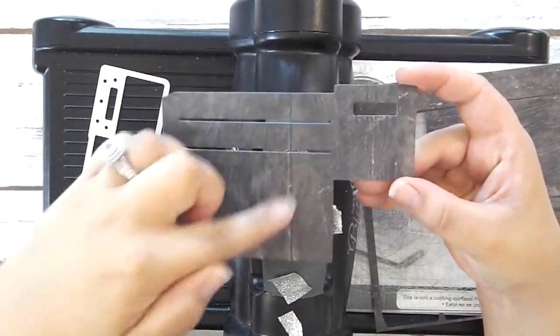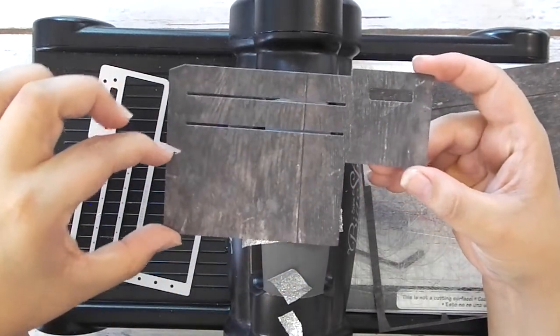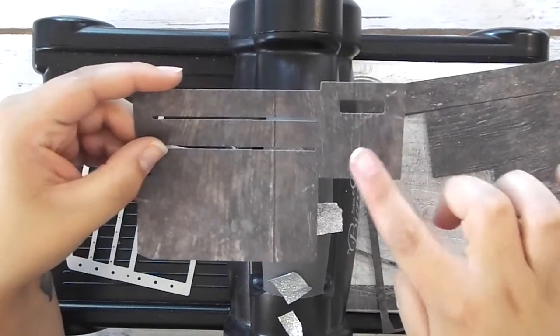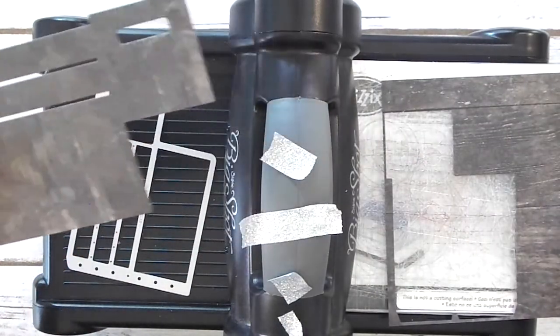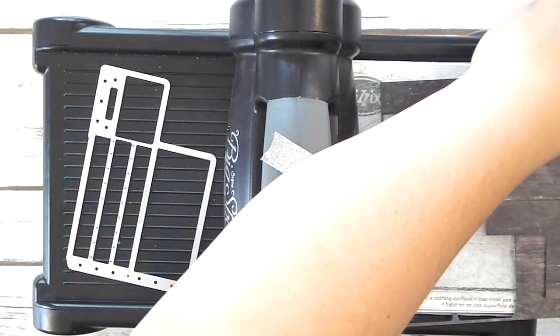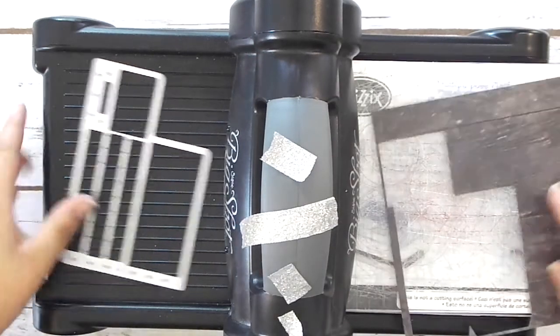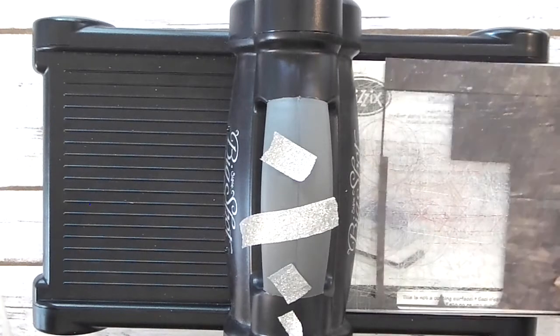So this flap down here, this big rectangular piece, is the bottom of our crate. And then this is the front and this is the side. So we need one more of these. But if you look at our piece of paper here, this piece of paper isn't large enough to get this whole thing. So my little trick is you can use this exact same piece of paper,